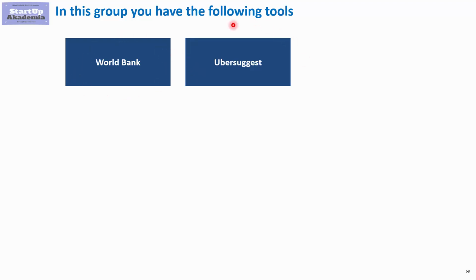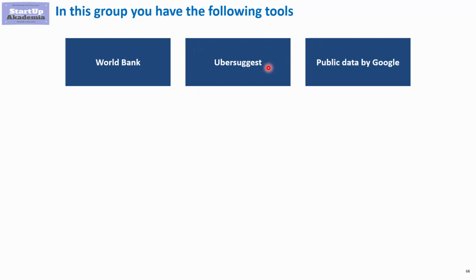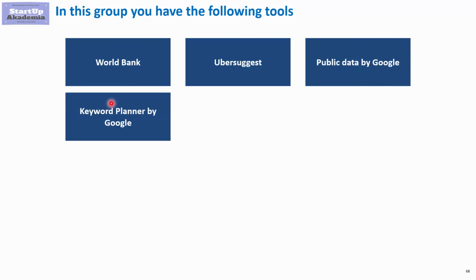You should also look at something called Ubersuggest that gives you an estimation of the number of searches done for specific keywords. This is a valuable tool once you want to estimate certain things that are present online. Similar to World Bank, you can have public data by Google, which looks at macro data. This uses data from sites like World Bank, but also from other statistical institutes in different countries. Another tool similar to Ubersuggest would be Keyword Planner by Google. Here, it provides you how many searches were done for specific items, words. However, this is only for the searches done in Google.